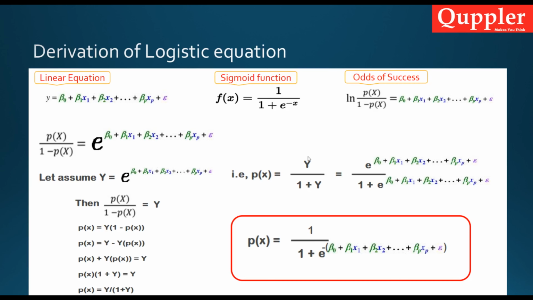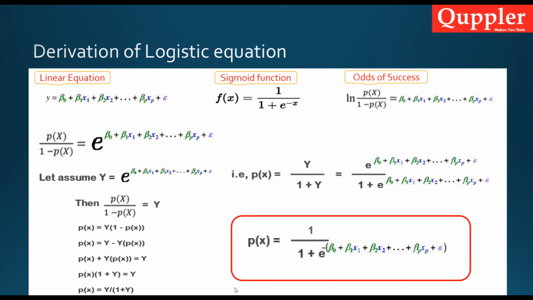We're going to replace y by the actual term, like what we had assumed that time. So on replacing y, we got e to the power beta naught plus beta 1 x1 plus beta 2 x2 by 1 plus e to the power beta naught plus beta 1 x1 plus beta 2 x2 and so on. Once we got that, we know the value of p(x) is something like this. Then we can easily find the value of p(x). This is the final